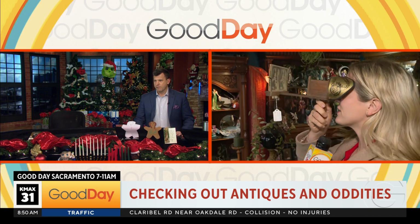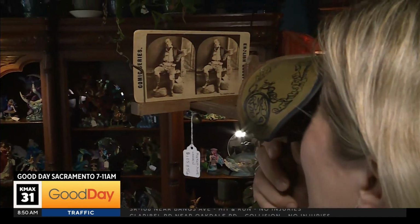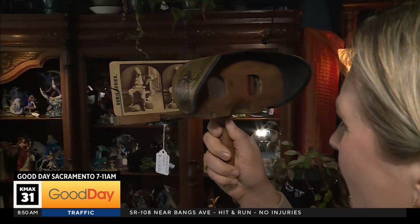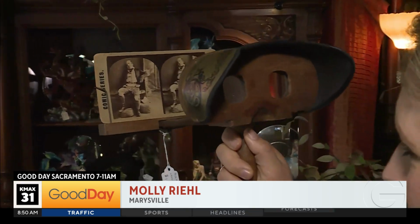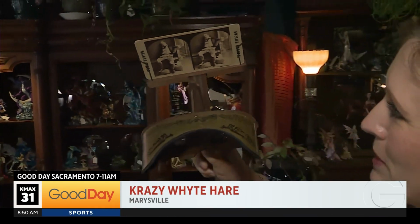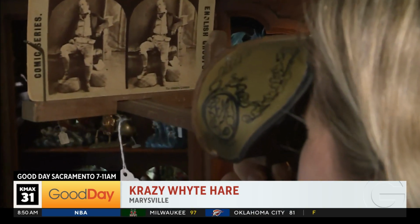Yeah, you guys, there's no way to truly show you how cool this is. What I'm holding is a late 1800s stereoscope. Basically, the technology, quote unquote, technology they used for 3D. So 3D technology way back when. See how there's two images and the way that your eyes kind of put them together when you look through? It is so cool. So that is one of the many antiques you can find here at the Krazy Whyte